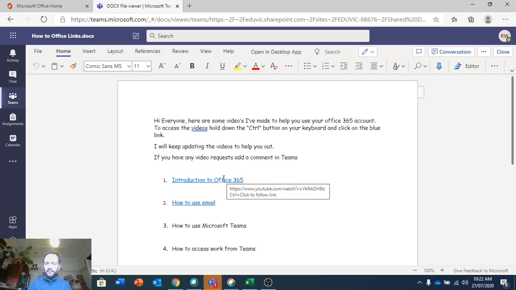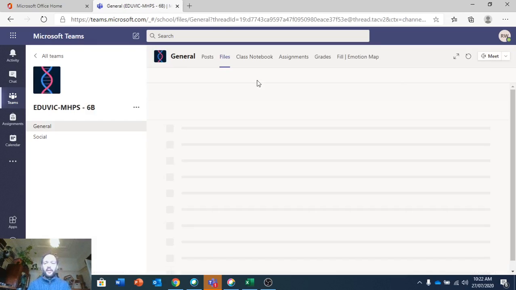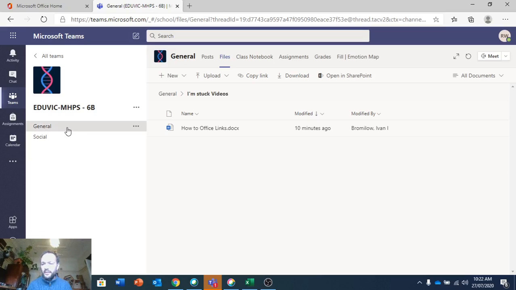Then you can access it from here. All you need to do is hover over whatever you want to click on, and hold down Control, and that turns it into that pointy finger. So you hold that down and click it, and then that YouTube opens up in another window. Alright, if we go back into, you can change this, that's interesting. I'll have to make this a read-only file. Okay, so let's go into